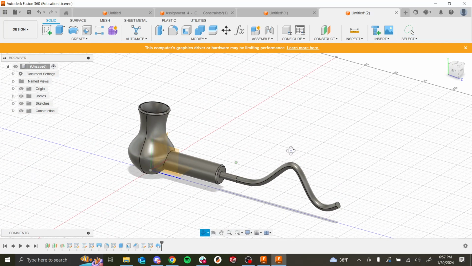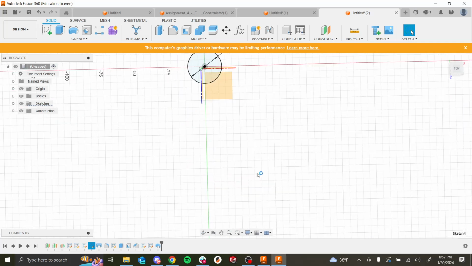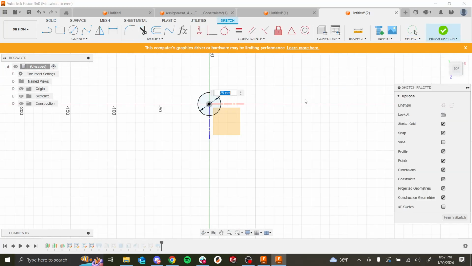We have a nice hair dryer. And again, if your hair dryer looks a bit weird, you can go back and change it. You can change any of the sketches you want. Like for this one, let's say I want the end to be a little bit larger, maybe like